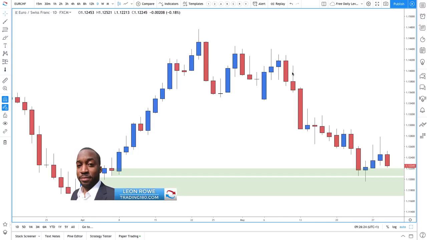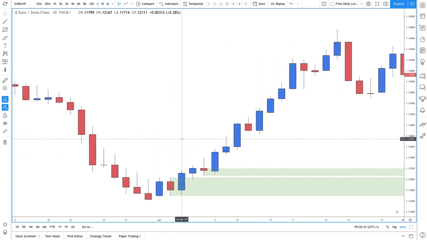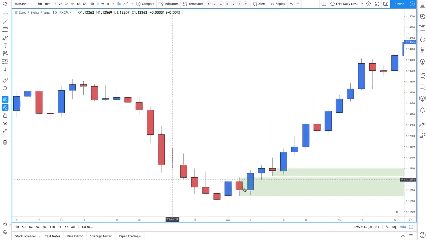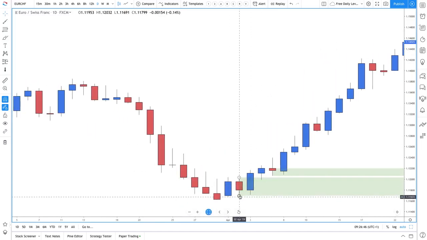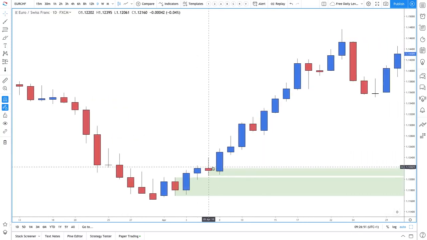Be talking about why we draw demand zones and supply zones, but focusing on demand zones in the way that we do. And what I mean by that is there are some traders out there, and the majority of traders, that will draw demand zones from the wick high, from this wick high to this wick low. And I was asked by a trader why I draw my demand zone from the candle wick open to the